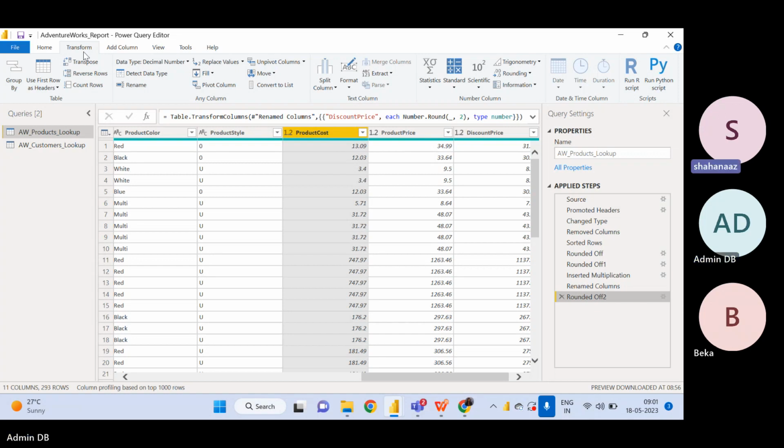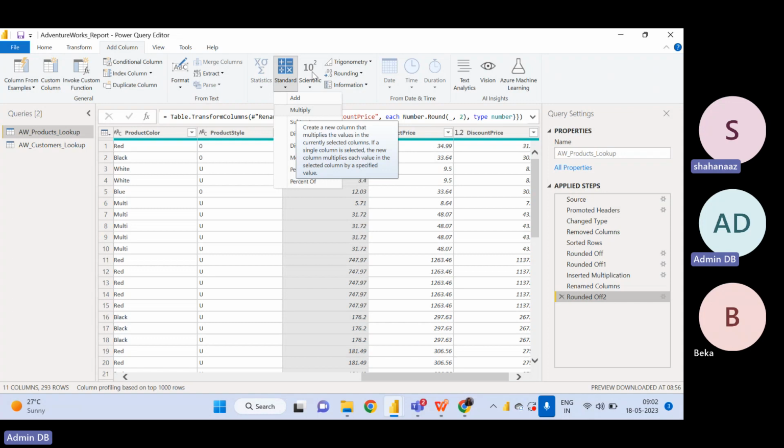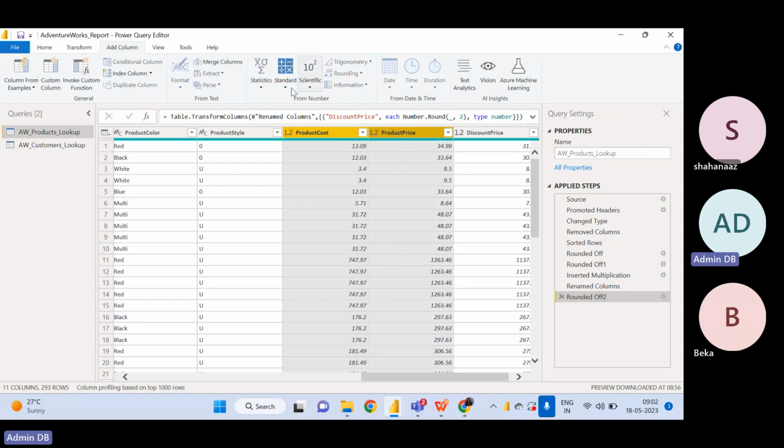So under the Add Column, under the multiply, we will be adding A multiplied with A. We will write like that. No, I will tell you how you will do. Okay. So let's say,